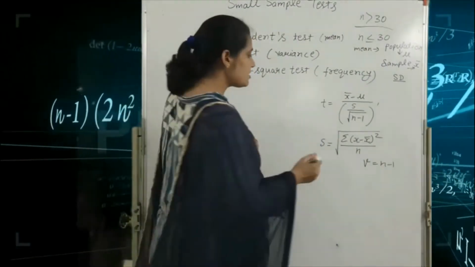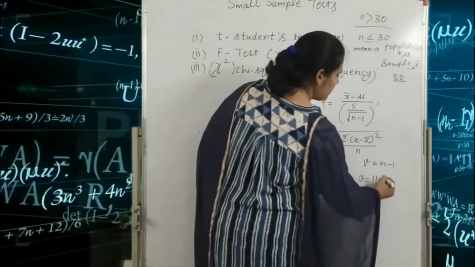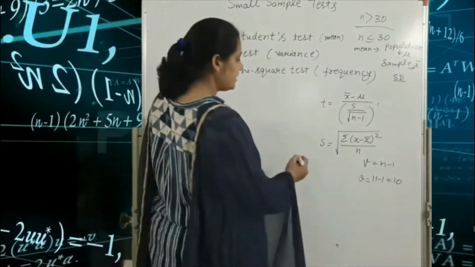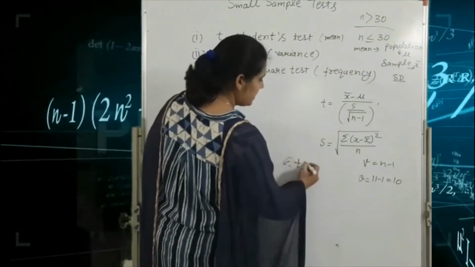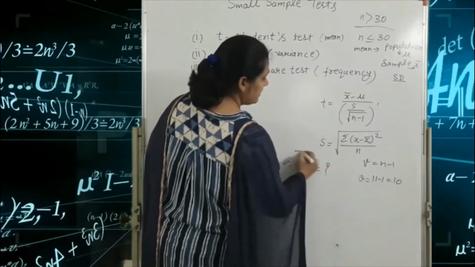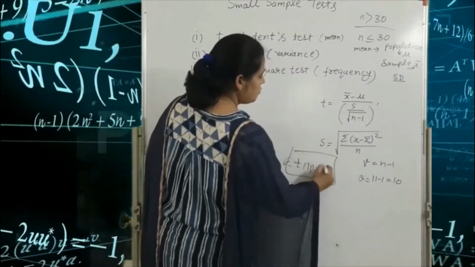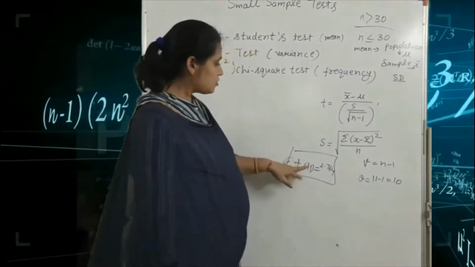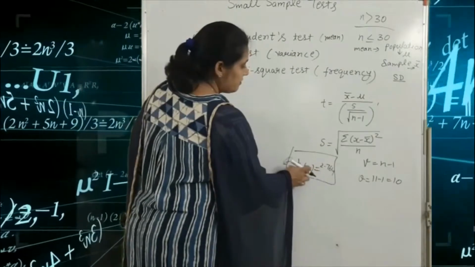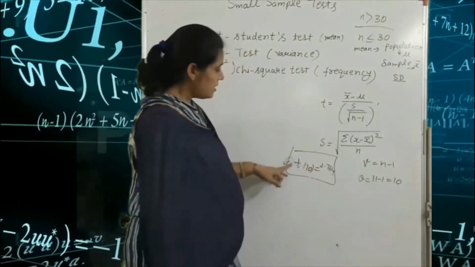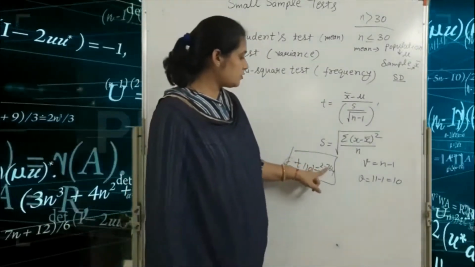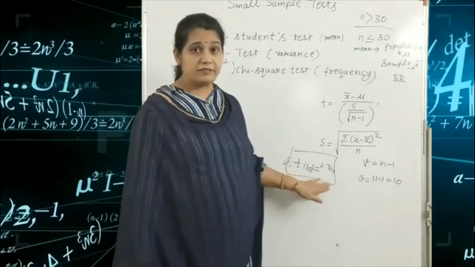Okay, so first you put here v is equal to 11 minus 1, that means 10. Always in your question, the value of t tabulated is already given, for example, 2.764. This value is given, that means here you write the 10. Always in your question the value of t tab is equal to 2.764 is given.